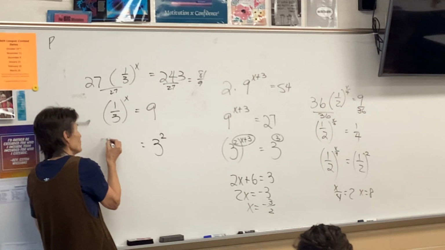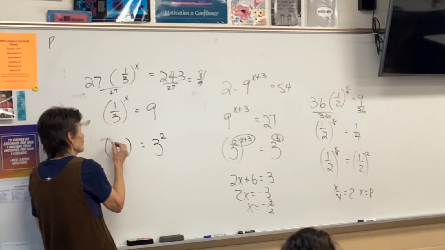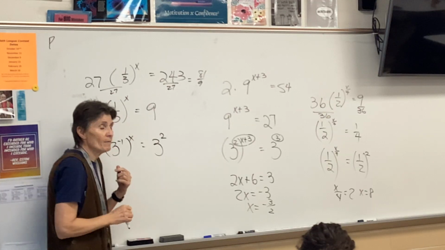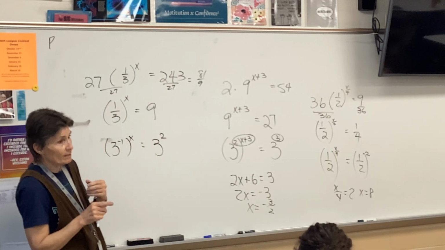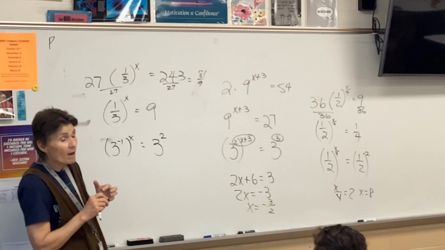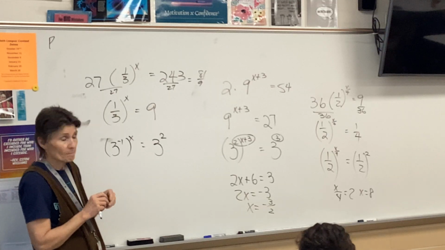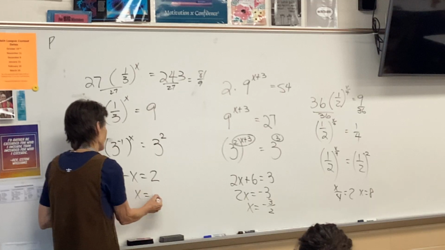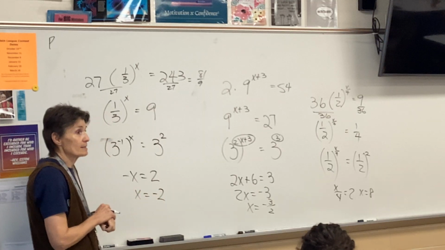What about 1/3? Can we flip it and just put it to the 3 to the negative first? That's exactly what it is. 1/3 is 3 to the negative first, and 9 is 3 squared. Now my exponents are the equation, and x equals